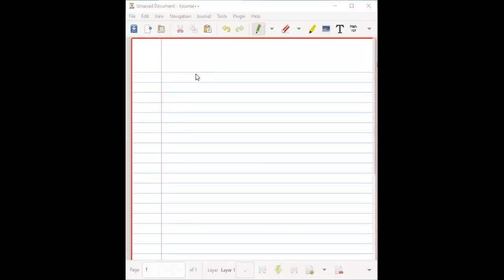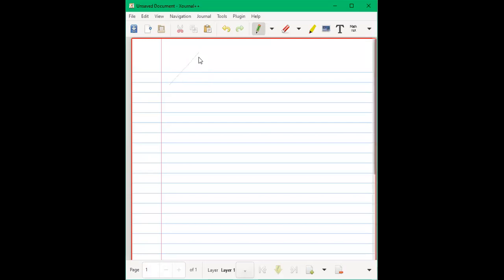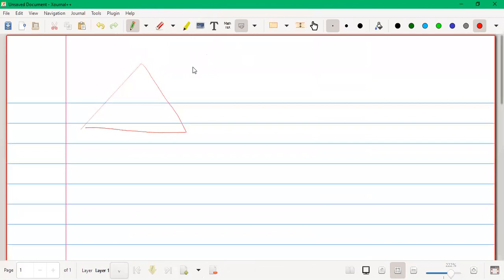So as we talk about this chapter, what figure is this? It's a triangle. A, B, C are the vertices of this triangle. The sides of this triangle are AB, BC, and AC.